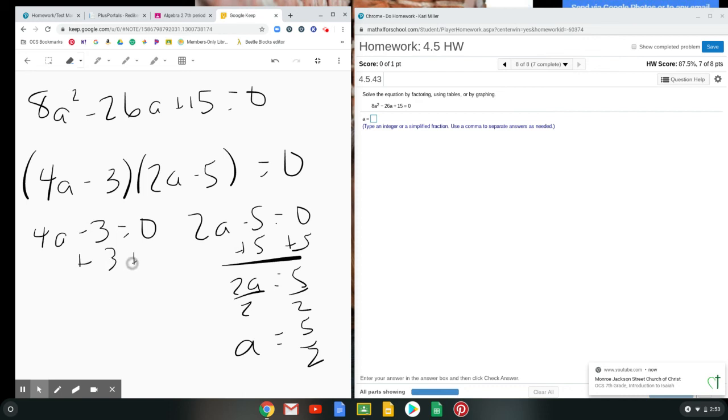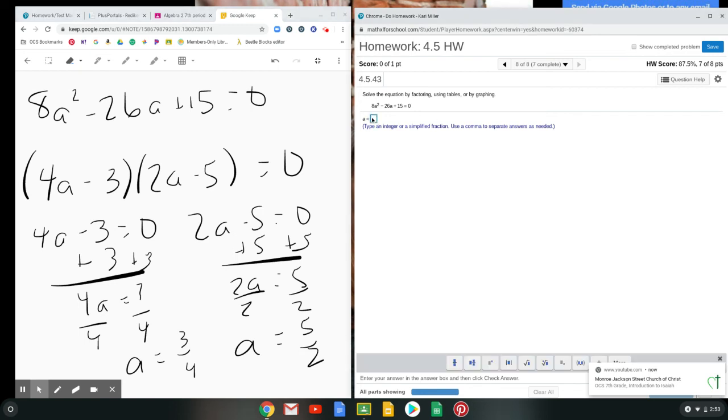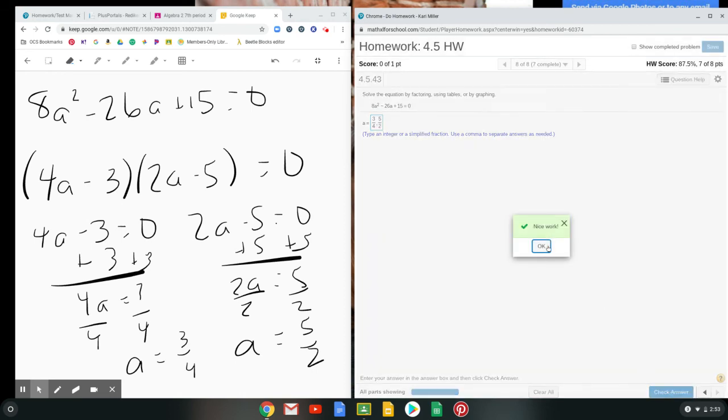And over here, we're adding 3 and then dividing by 4. So a equals 3/4. So this answer is 3 over 4, comma 5 over 2. All right, so that is the